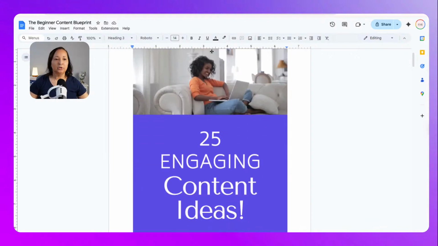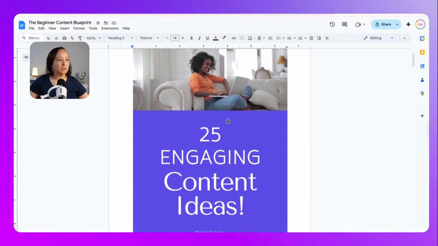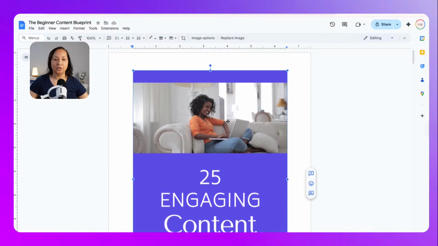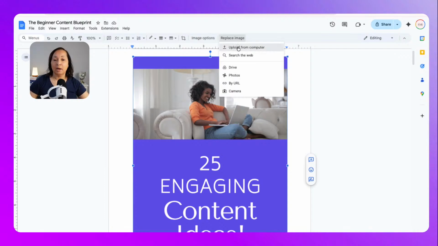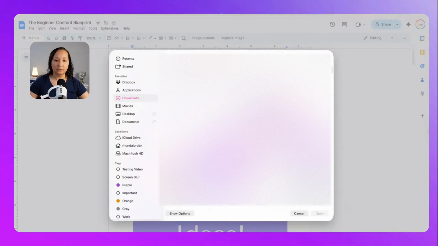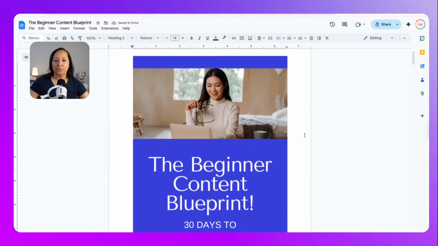So all I have to do, and I want you to be able to see my screen, I think you're going to be able to see it, is click on this. This is a picture that I created in Canva, okay? Now up here, if I'm moving my cursor over it, it says replace image. So all I'm doing is simply replacing this. I'm going to tell it to upload it from my computer. I'm going to go over to my desktop, grab this, and it's automatically going to change it. That's how simple this is.